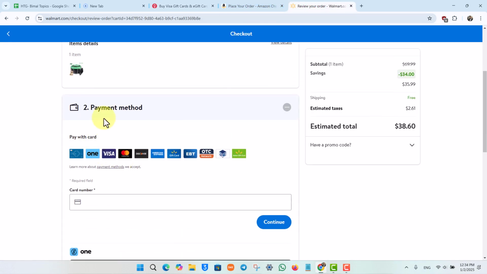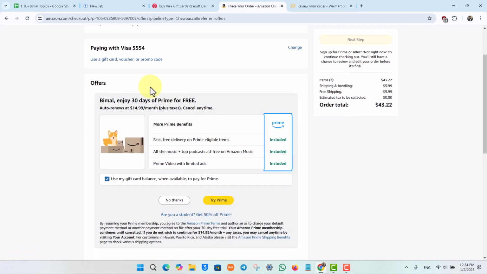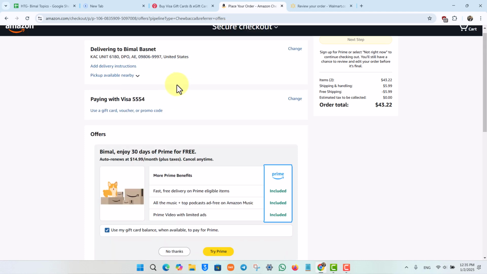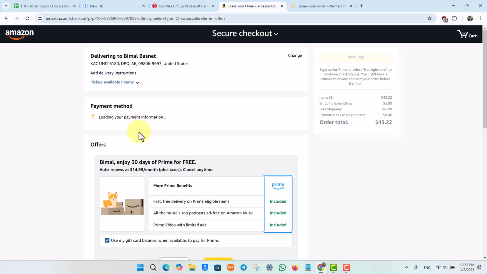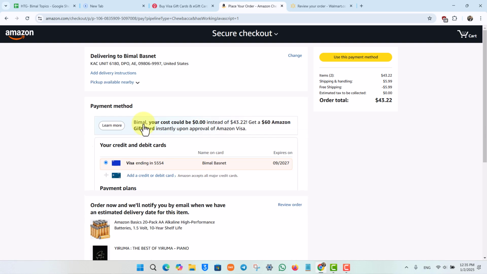So you can see on Walmart also, under the payment method, you can use a Visa gift card. On Amazon also, you can use a Visa gift card. So to basically use your vanilla gift card online, you have to add it as a normal credit or debit card on this payment method of shopping websites. So let's say I'm ordering something on Amazon. I can click on this add a credit or debit card option, and I can simply go ahead and then